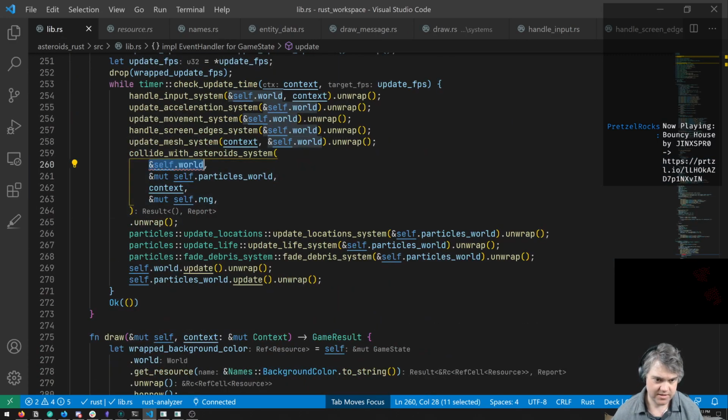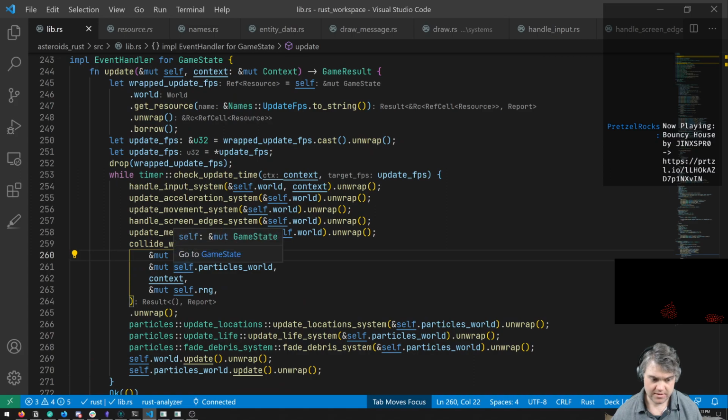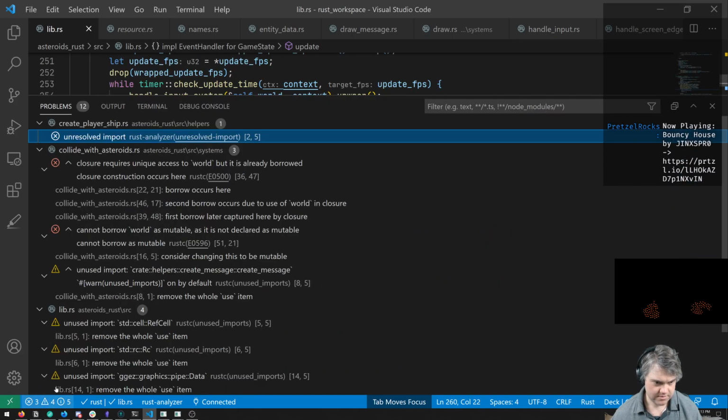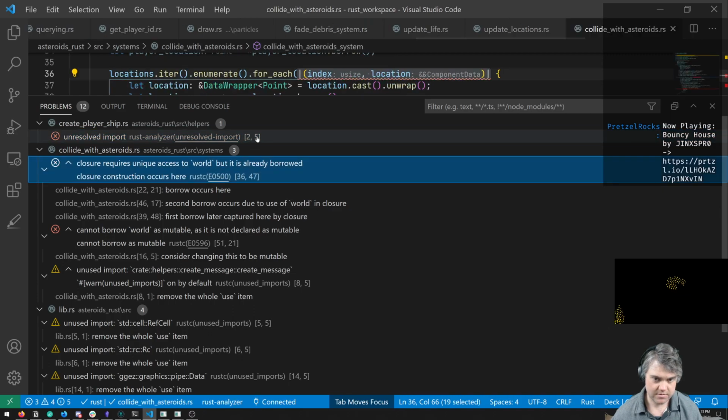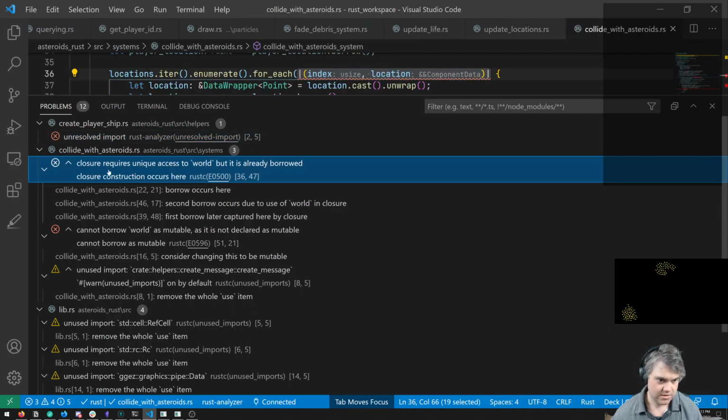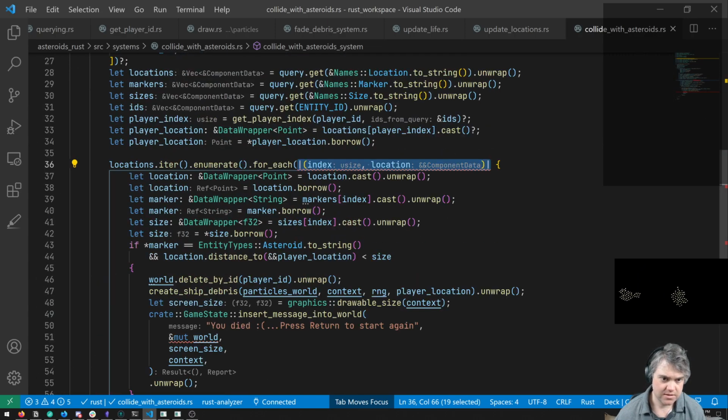Then you need to be mutable here. Closure requires unique access to world, but is already borrowed. Oh, because we're iterating for each.